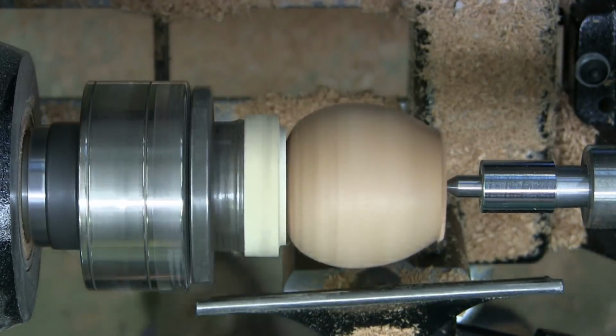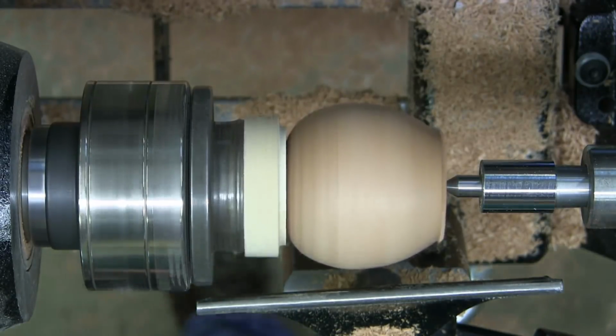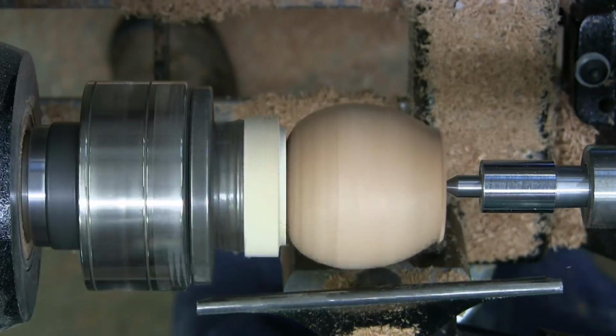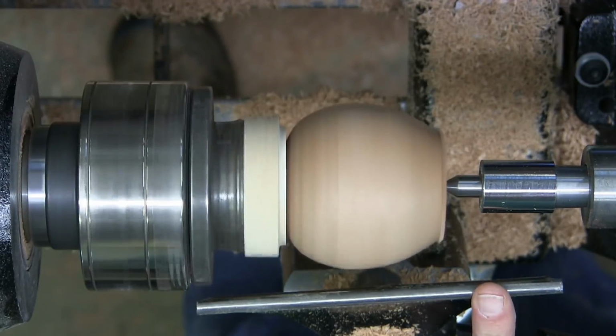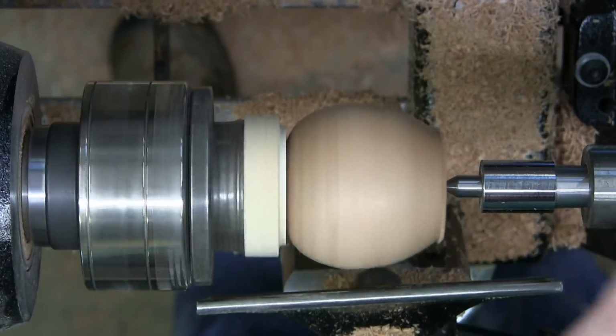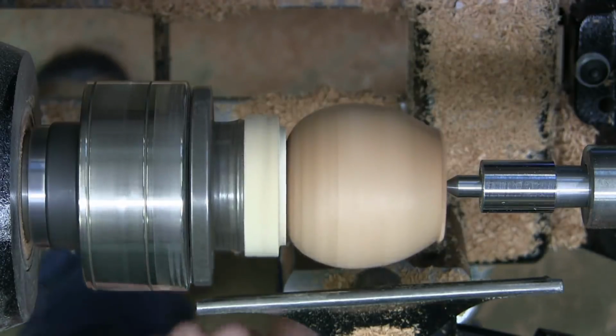Okay, so I used to think that if you had something like this, we now have two planes going, okay? And the wood, when I start cutting, I'm not cutting wood all the way. I'm cutting some air and I'm cutting wood. I used to think you needed a great big tool that would help you smooth this out. But that is not a good idea. If something is off-center, you don't want to be taking a big chunk out of it with a big tool in case you screw up. So you want to take a smaller tool and take nice cuts,